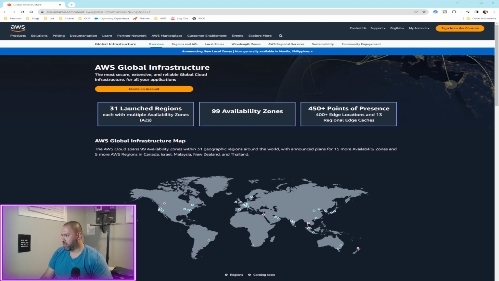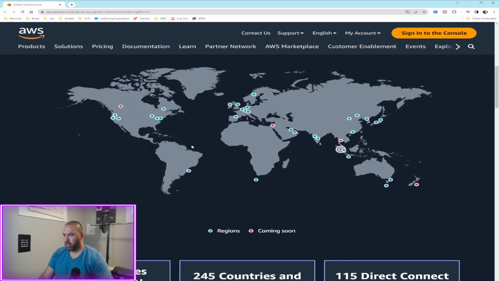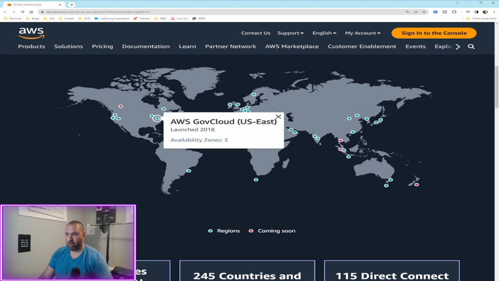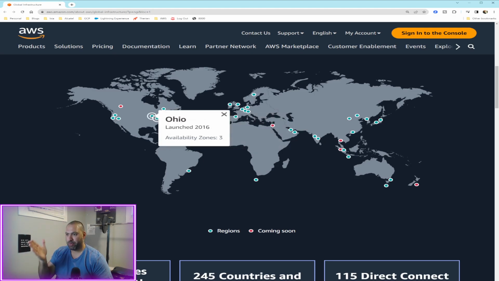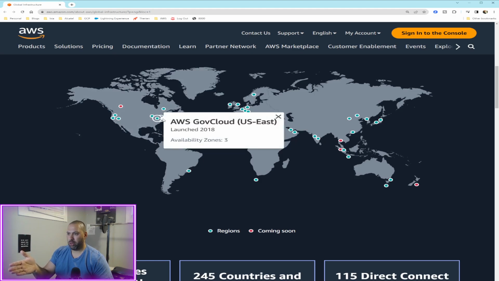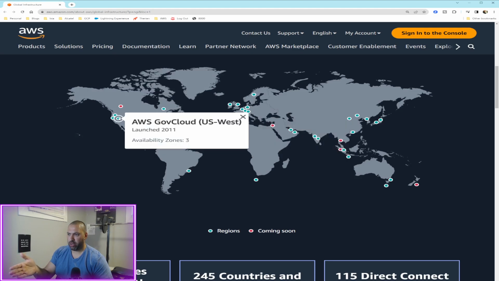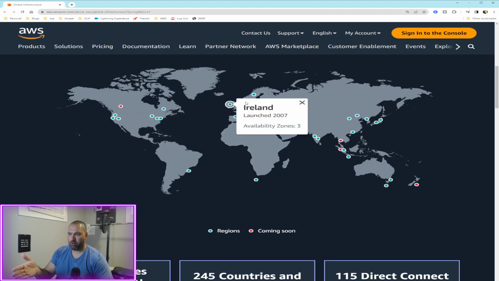So here, you can see. Let's zoom in. So you have, like, this is central Canada. You have an AWS region specifically for the government, and you can see that it has 3 availability zones. We'll talk about that in a second. So you have US East 2, which is Ohio, and there's North Virginia right here, and then you have the West, and you have regions all over Europe,